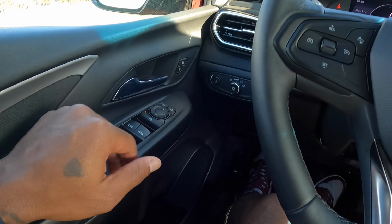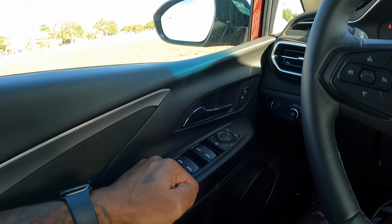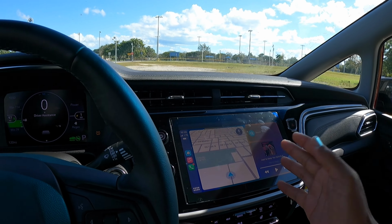And the rest of the window controls, I forgot to mention, just automatic down but not up. So only the driver gets that function there. But overall, the Bolt interior is somewhat very modern. I like the nice display here. I'll show you guys the actual